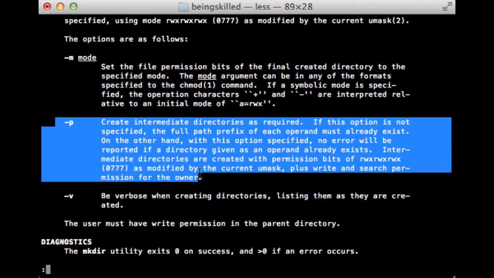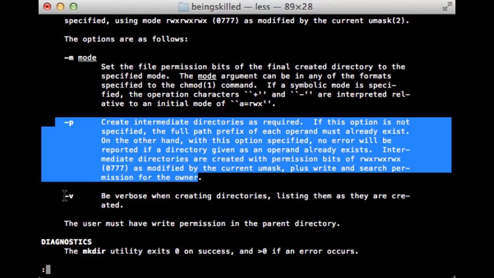So if you want to create a directory A and inside it a directory B, you can just type mkdir -p A/B. So B will be created inside A, and even A will be created. A will be created first and then B will be created.